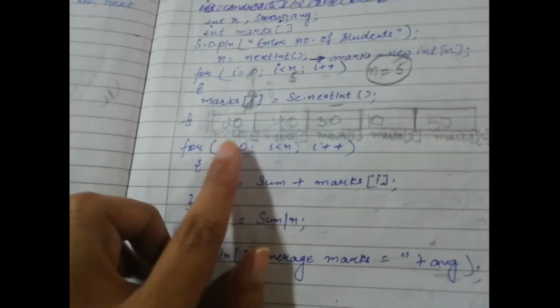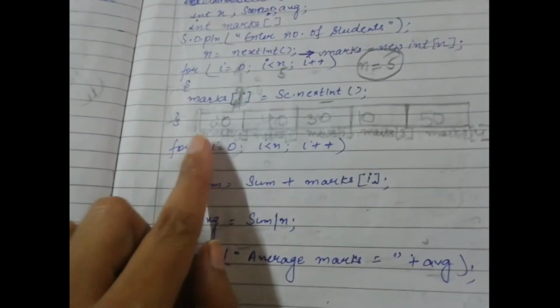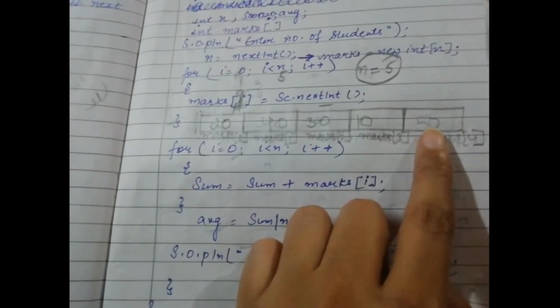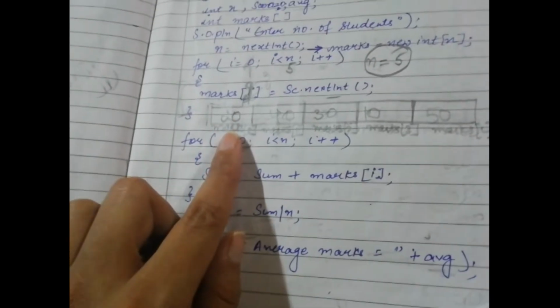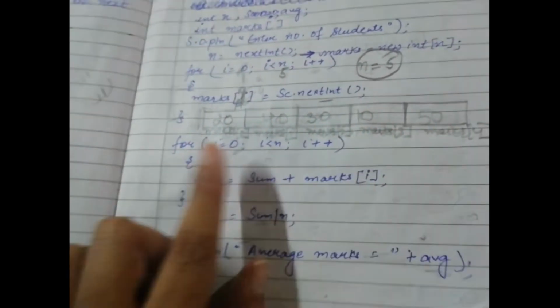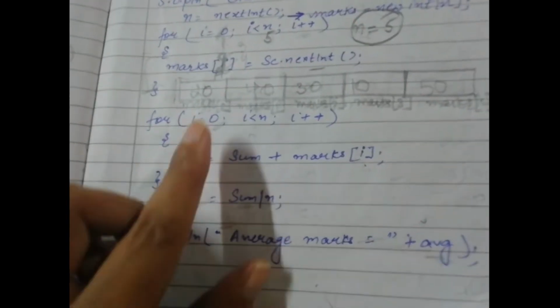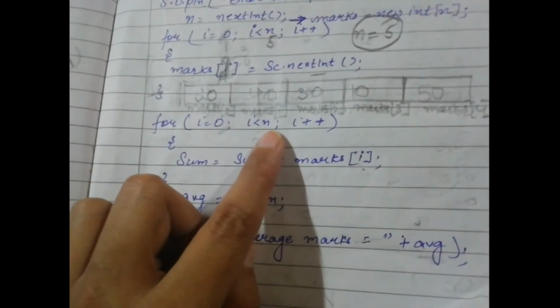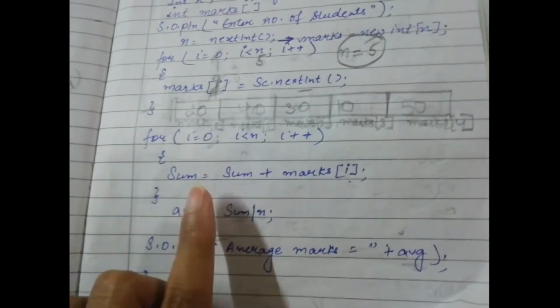After this, you have to get each and every element from the array and perform the sum of all the elements of the array one by one. How many elements are there? 1, 2, 3, 4, 5. From 0 to 4 this loop will execute. So let's execute this one. 0 is less than n. What is the value of n here? 5. Condition true. Let's come to this part.